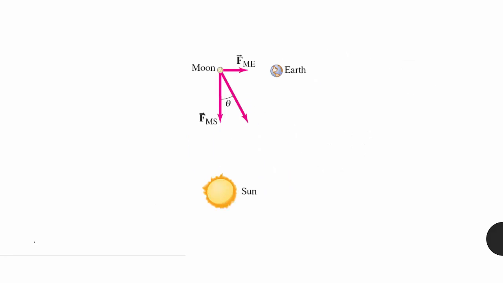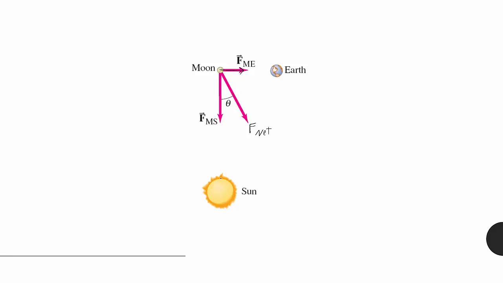All right. If you have more than one object and you want to calculate the gravitational forces between more than two, if it's two, you just plug it in, it's linear. If you have more than that, you just find the gravitational forces between each pair of objects. So in this case, if I wanted to find the gravitational force acting on the moon due to the Earth and the sun, there would be a force of attraction this way, and there would be a force of attraction that way. And then you would add these two forces, just like you add vector forces, and you would get a net force going this way due to the sun and the Earth pulling on the moon.